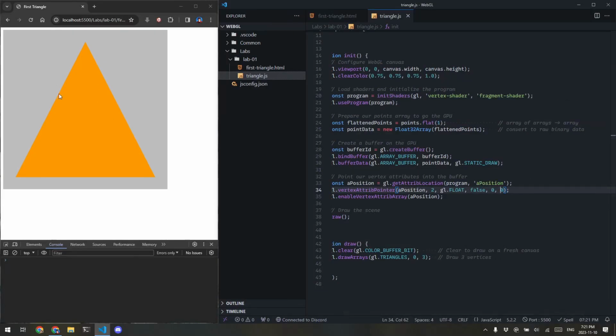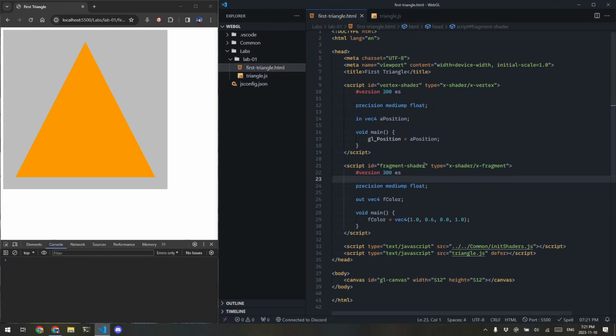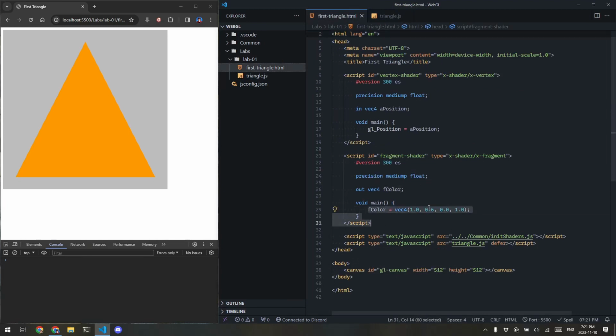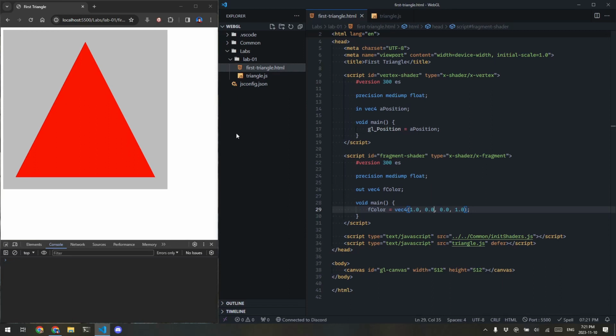not always be orange? Like we've set this as orange by f color equals this. I mean, we can change this, I can put it back to red, but what if I want two triangles and one of them is not red? Or what if I want the user to pick something here without having to reload the web page or something like that? Well,